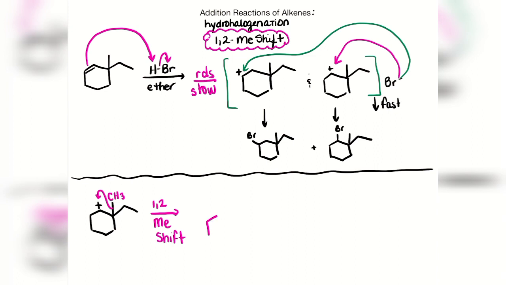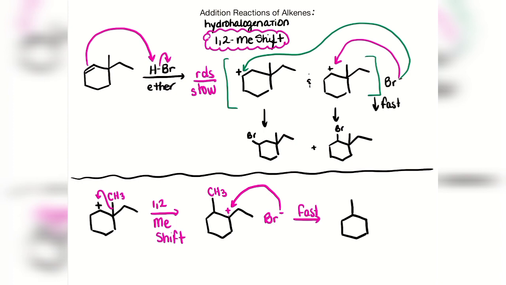That ends up giving you your methyl that just got moved over to here. Then you have your ethyl over here. Now, since you moved your methyl from this location, that is where your new carbocation will go. Then you can proceed with the mechanism by attaching the Br minus. That would be your fast step, giving you this structure